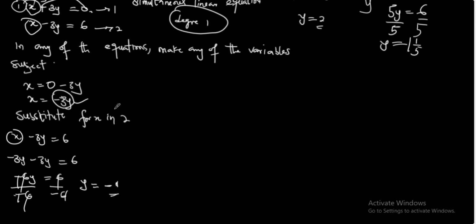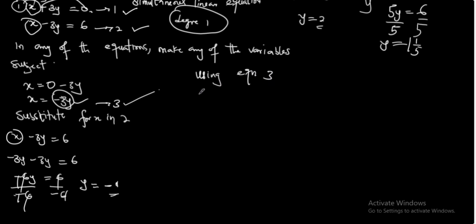Now, at this point, we can substitute for the value of y in any of the equations, be it equation 1, equation 2, or, if we call this equation 3, you can also substitute for the value of y in this equation. In any of the equations you substitute for the value of y, you will get the value of x, because we've been able to solve to the point where we now have the value of y equal to minus 1. So if I'm using equation 3 now,